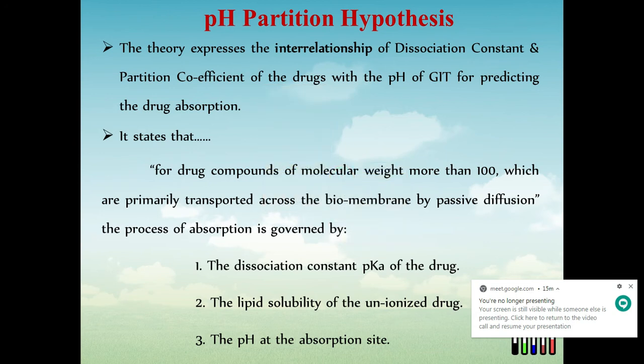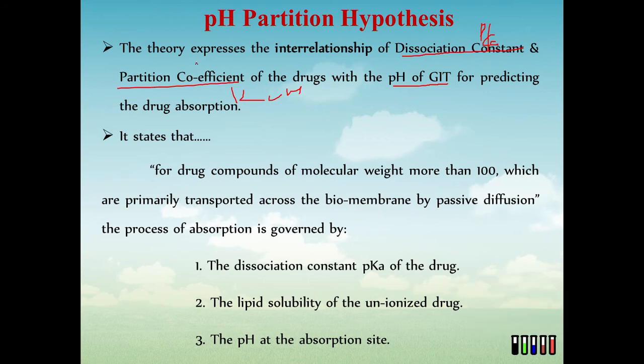Okay, these are the three factors. First, we can say dissociation constant, we can call it pKa. Then partition coefficient, we can call it K o/w. Then pH of GIT. Okay, means what will be the dissociation constant of your drug, then what will be the partition